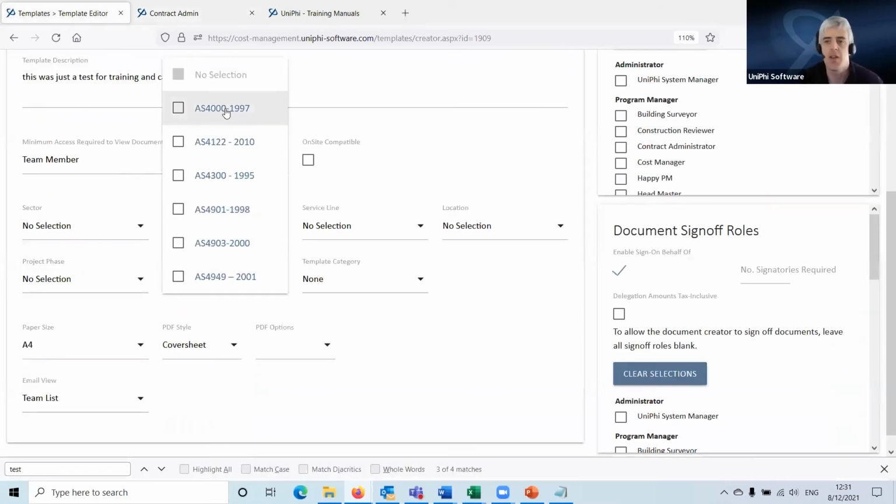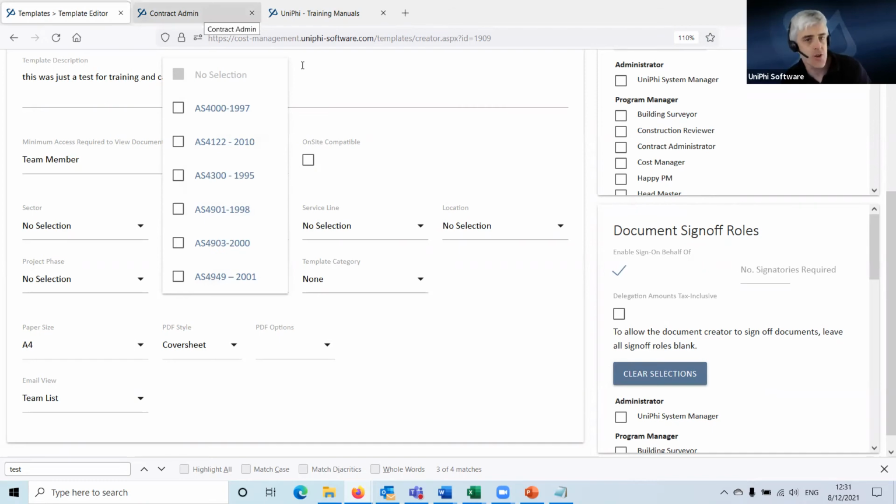Again, you may have different templates that you use that have different wording for different contract standards. For example, some contracts call variations variations. So you would issue a document that says this is a variation under clause 27 of the contract. Other contracts may refer to variations as contract sum adjustments. So you want to produce a document that uses the variation template control in Unify, but says contract sum adjustment rather than variation, because that's the wording that's required under that contract. So you just set up templates for each of those, select the contract standards that they apply to, and when